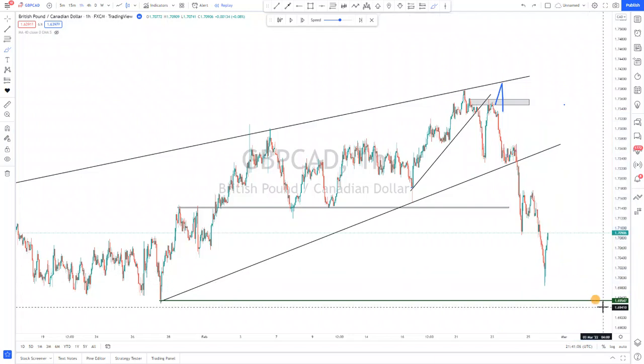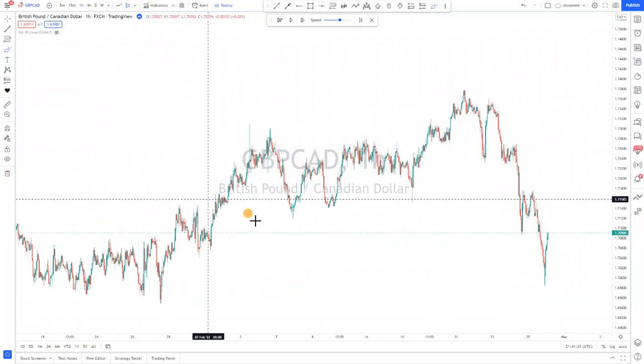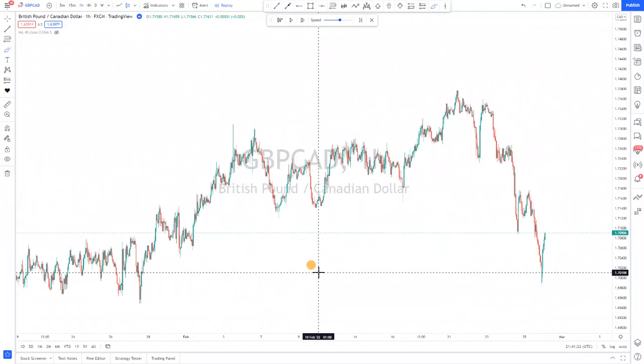So that is how I look at the charts. That is how I approach the chart. I hope this video has been useful for you. You're gonna go and backtest this strategy. You're gonna go and look at the charts, analyze the charts, practice. If you don't have money to fund the account, if you don't have a live account that is funded, it's okay to trade a demo account,